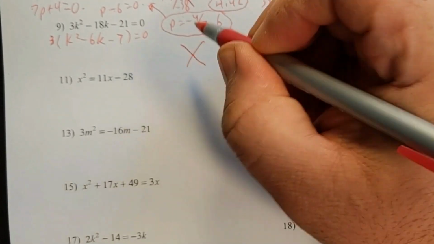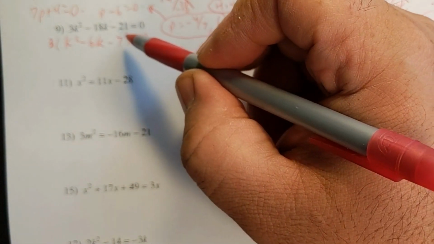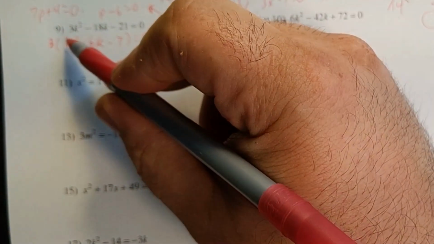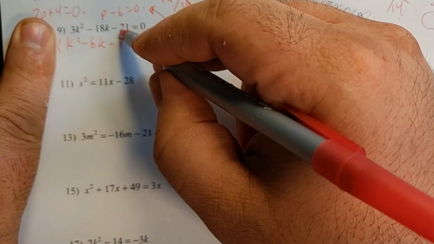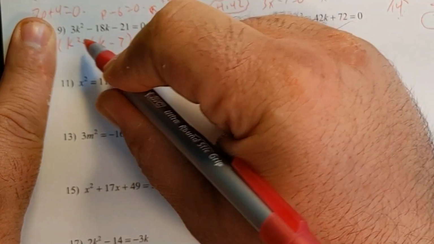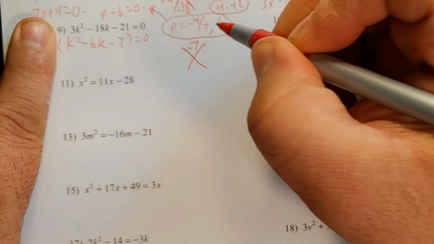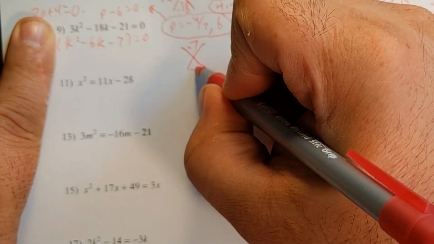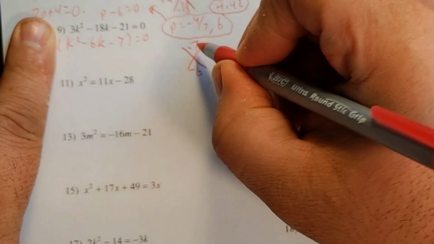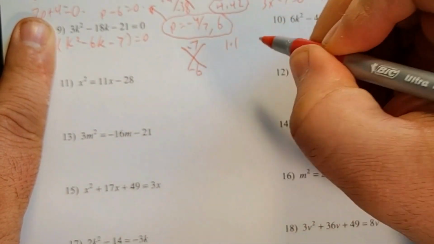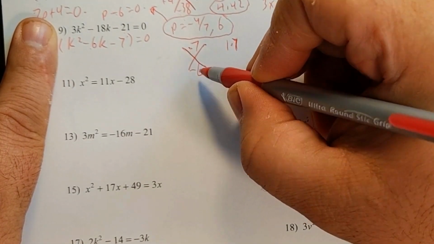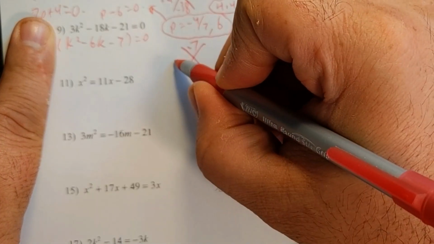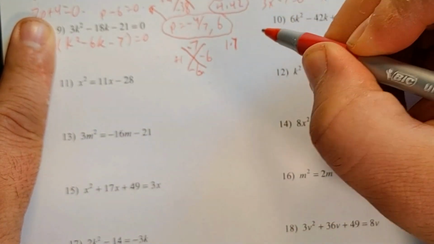Now I can do my x, because I found out that there was a greatest common factor, and I factored it outside. So the 1 and the 7, I'm going to ignore this 3 right now. The 1 and the 7 goes to the top. Positive and negative makes this negative. The negative 6 comes down to the bottom, that's the b value. Factors of negative 7 can only be 1 and 7. We want the bigger one to be negative because it ends up being a negative 6. So it's going to be a positive 1 and a negative